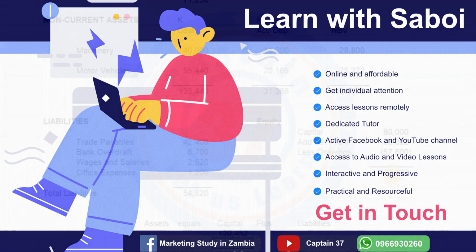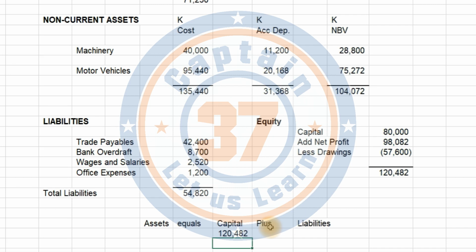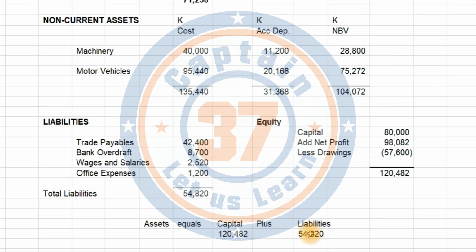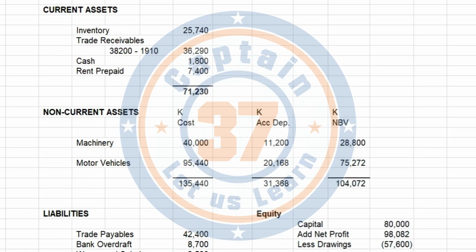Now when we get this amount and we add it to liabilities, how much for our liabilities? Our total liabilities is this one right over here. When we add this amount for liabilities plus this amount for capital, does it give us the correct amount for the assets? Let's be clear here that the assets are divided into two. We have got current assets whose value is this one,